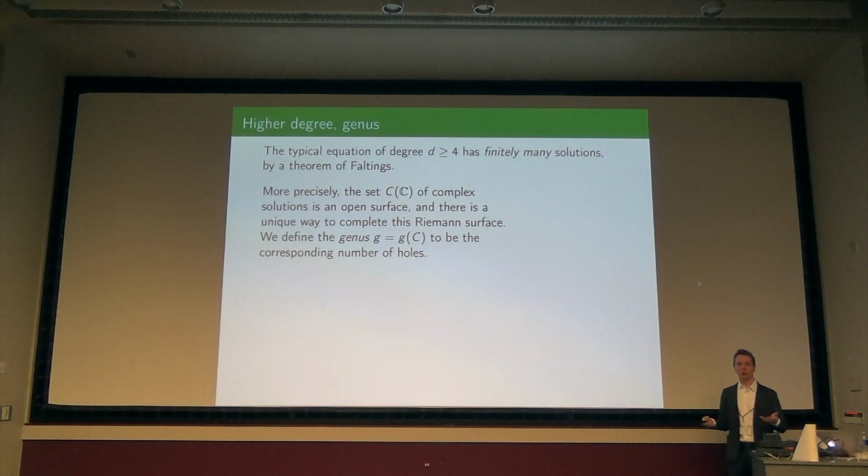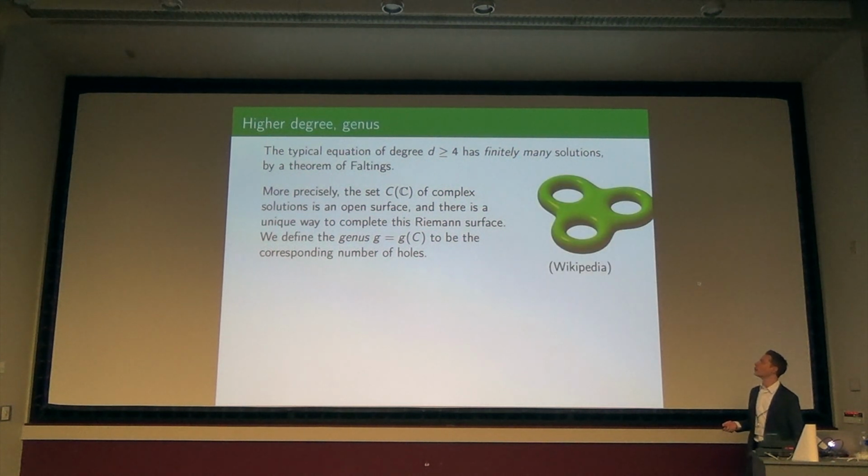And then I have to ask you, what is the classification of topological surfaces? And the answer is, they're determined by the number of holes. And we call the genus of the curve C the number of holes that you get from this procedure. There are like 3 other equivalent ways of defining genus, purely in terms of differential forms and so on. But anyway, this is for me a good link with how I think about genus.